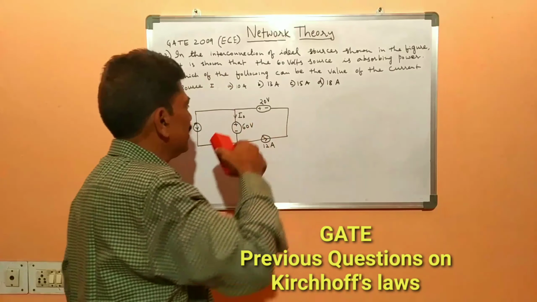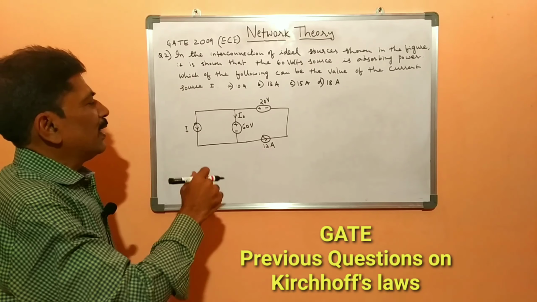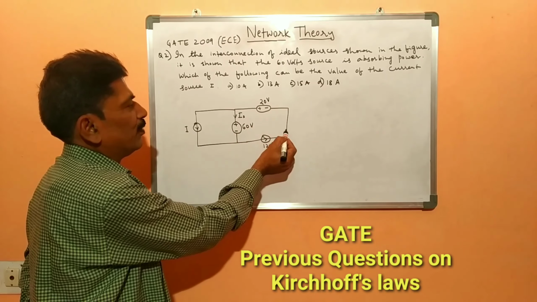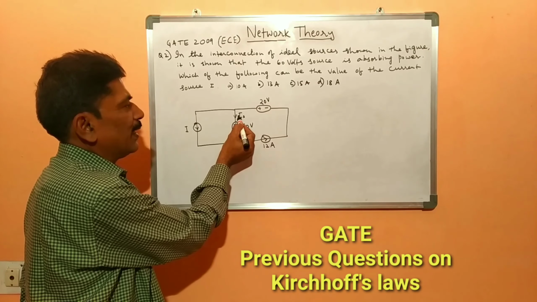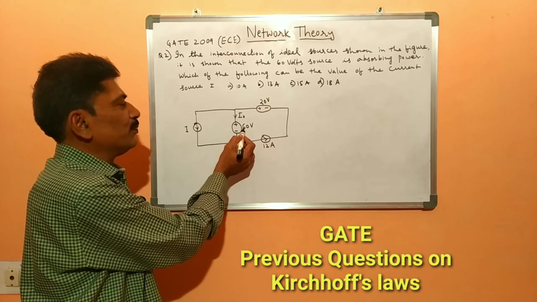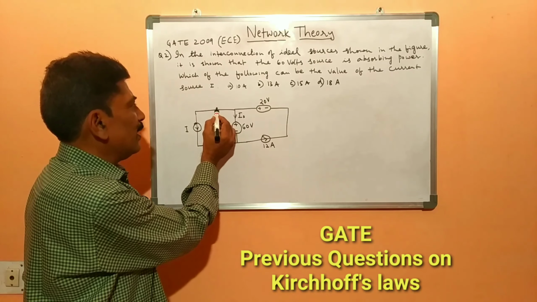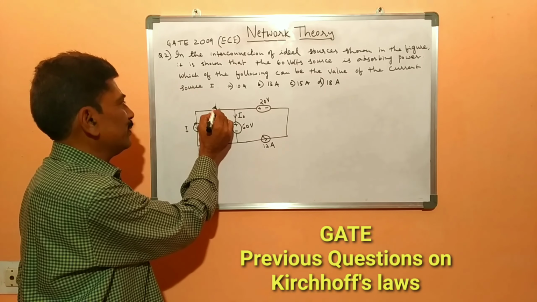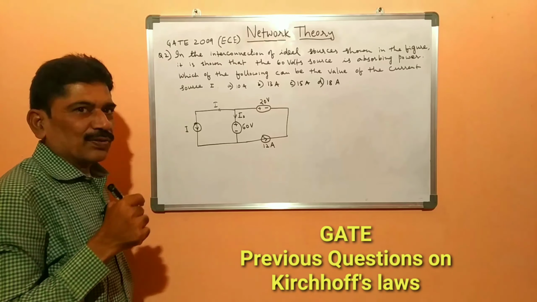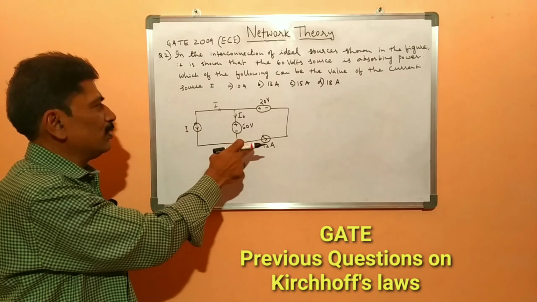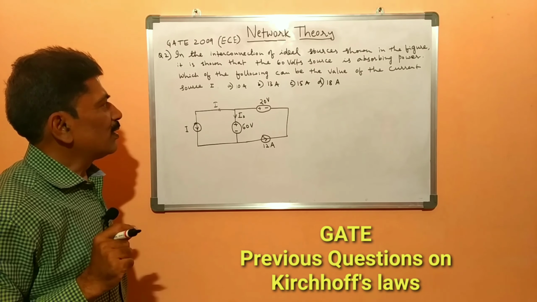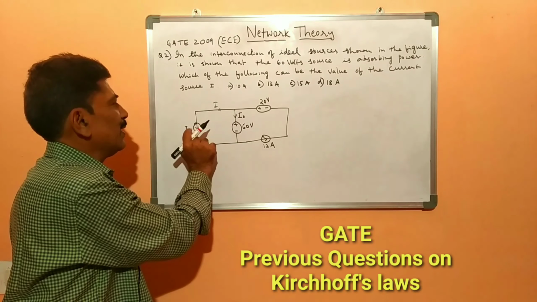Now let us consider this given circuit. The current of 12 amperes is flowing like this, and it is split into, let Is be the current which is flowing into the ideal source, the 60 volt source, and this is the current I, the source current of this ideal source. How many ideal sources are there? 1, 2, 3, 4. 2 voltage sources and 2 current sources. Now try to find out this current I.